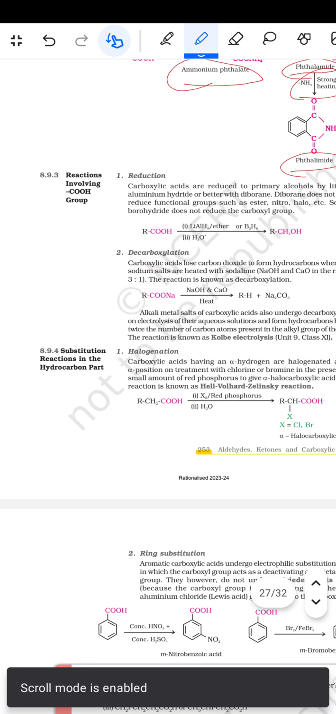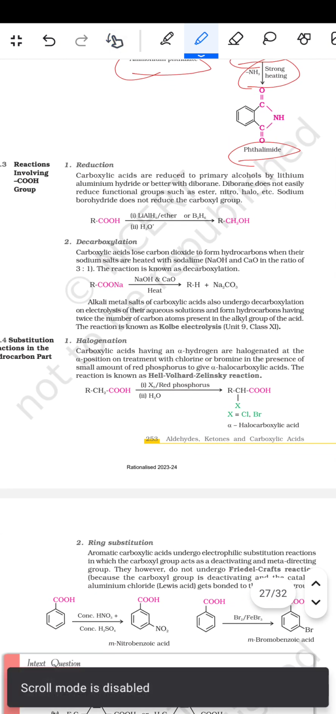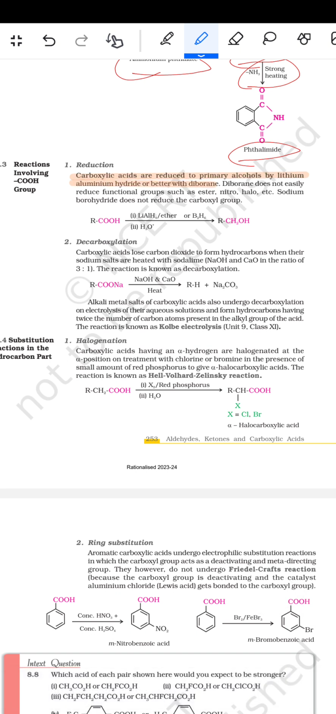रिएक्शन इन्वॉल्विंग COOH ग्रुप। तो रिडक्शन किए, कार्बोक्सिलिक एसिड आर रिड्यूस्ड टू द प्राइमरी अल्कोहल्स बाय लिथियम एल्युमिनियम हाइड्राइड और बेटर विथ डायबोरेन, which does not easily reduce functional groups such as ester, nitro, halo etc. सोडियम बोरोहाइड्राइड डज नॉट रिड्यूस द कार्बोक्सिल ग्रुप। जैसे RCOOH है, इसको LiAlH4 या ईथर H3O प्लस और या B2H6 भी RCH2OH में रिड्यूस कर देगा।